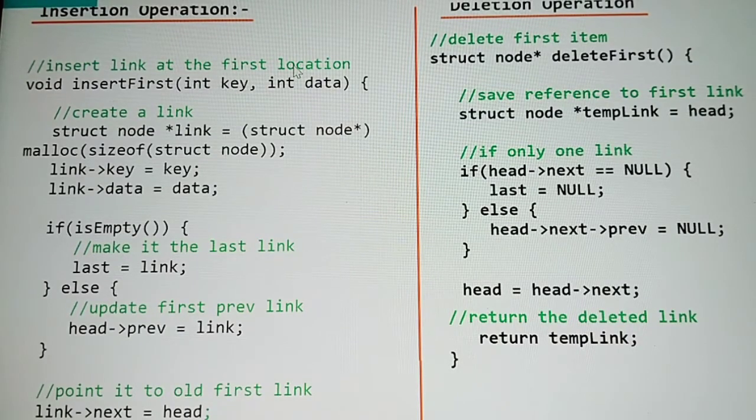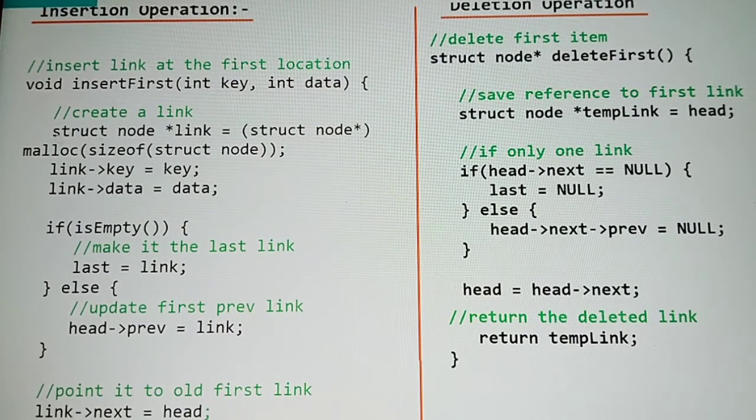It gives more visuality, and your concept will be clearer when you write the indentation. So at first you can see insert link at the first location, and all of the code is in Java.